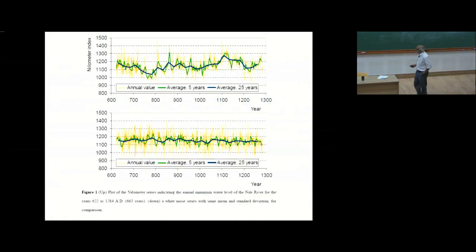So here is what is plotted, the years and the nilometer index. What is shown here is the annual value in orange, green is the average over 5 years, and this is over 25 years, and so on. And here what is plotted is